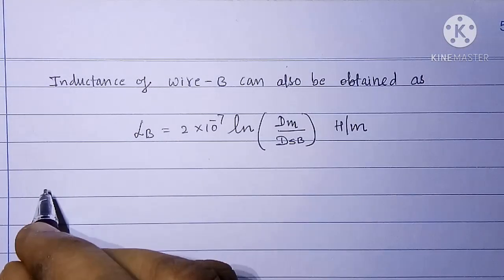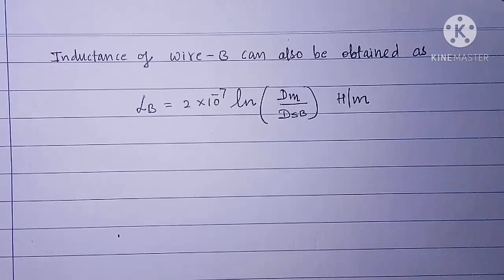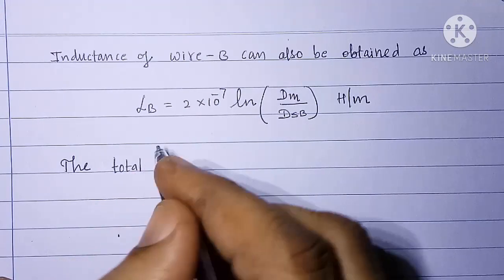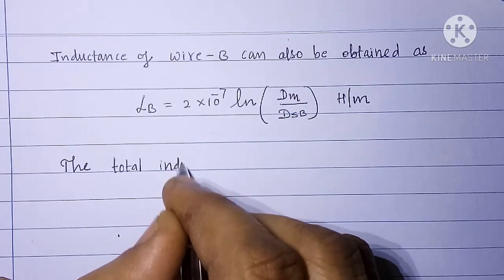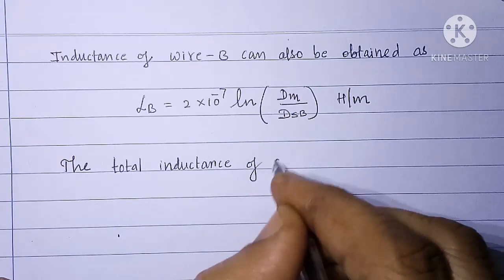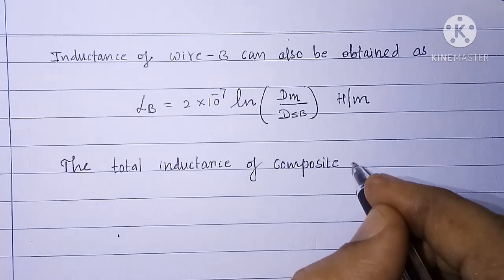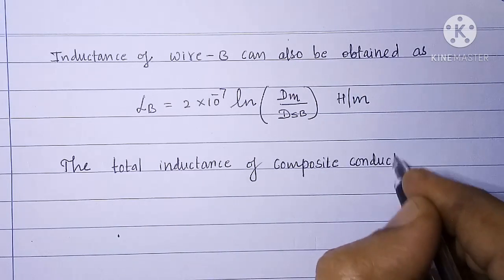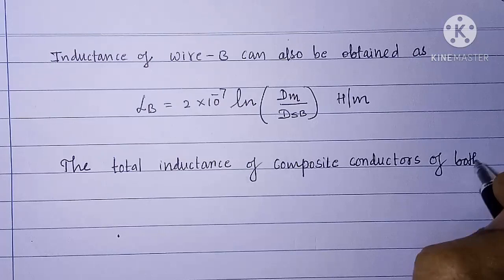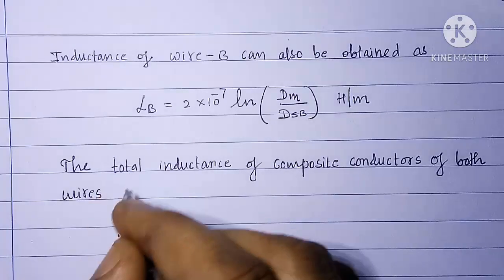The total inductance of a single phase two wire system may be now found as the total inductance of composite conductors of both wires will be